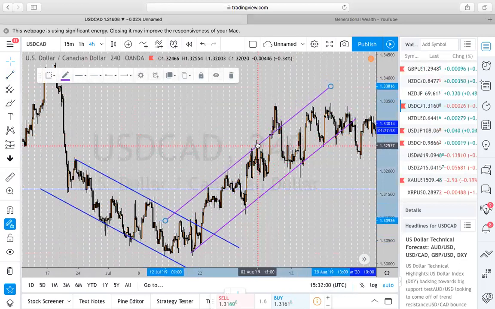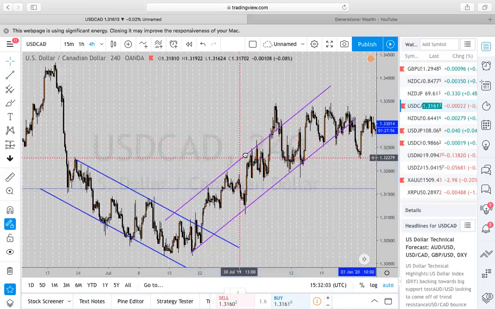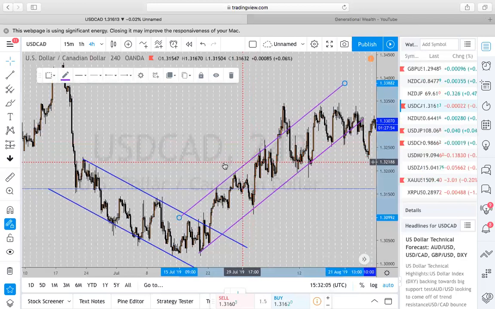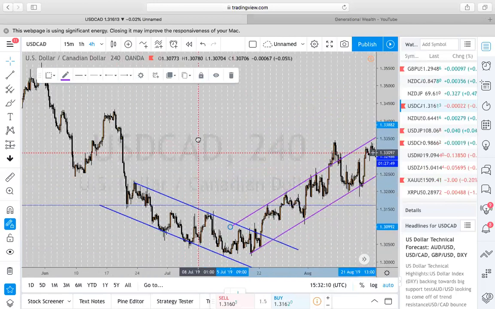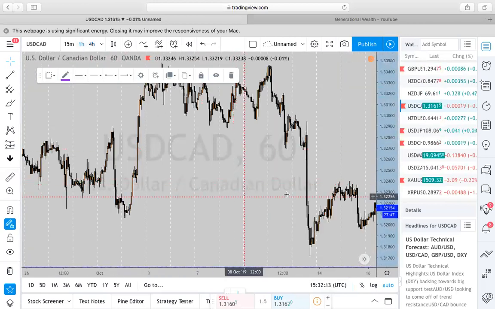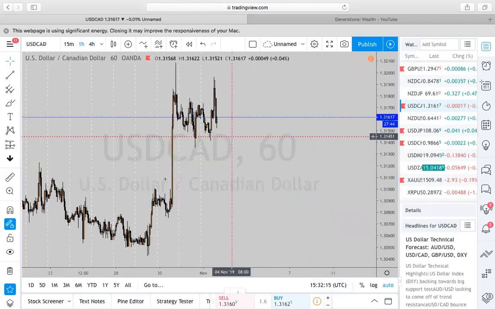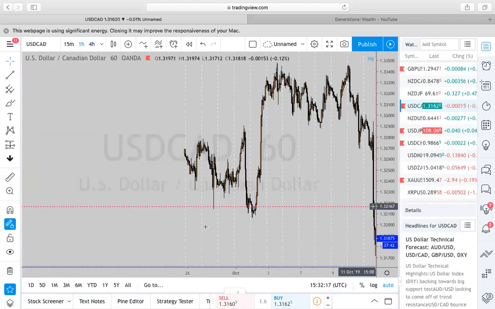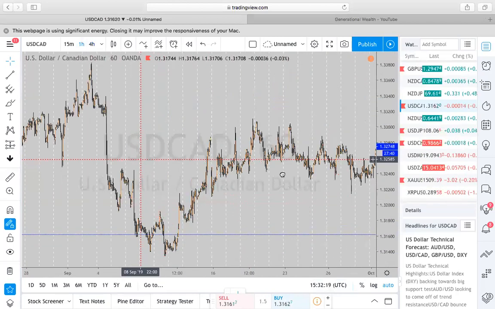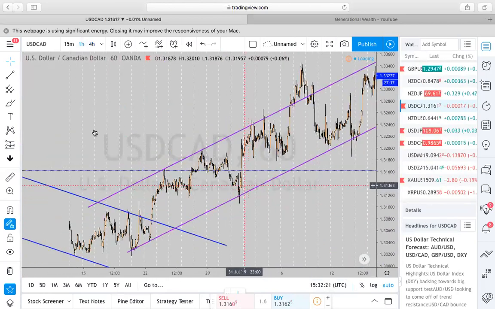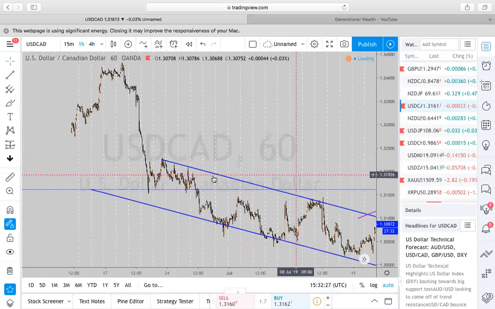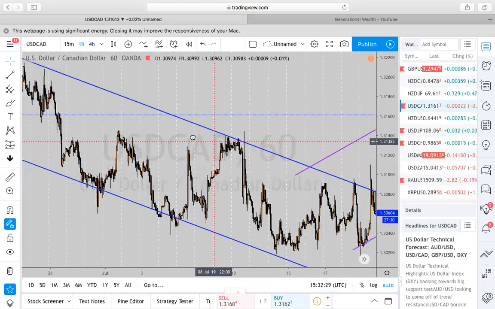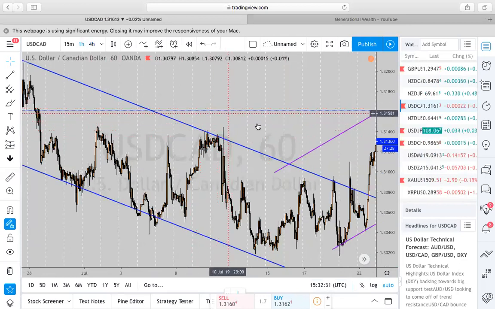Happening right here in front of our eyes as well. So now we have identified this downtrend and this uptrend. Let's go down to the 1 hour time frame, get a little closer to it. All right, now that's what that looks like. Perfect. So now what we want to do is try to identify, as you see already, our